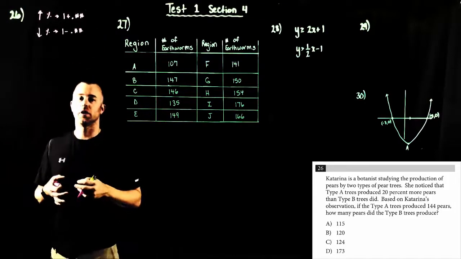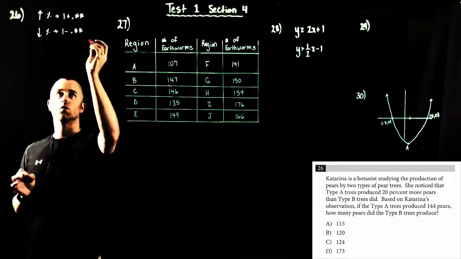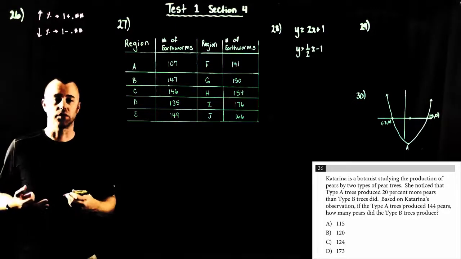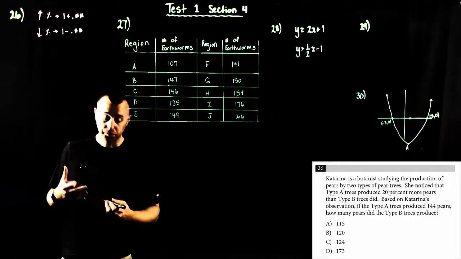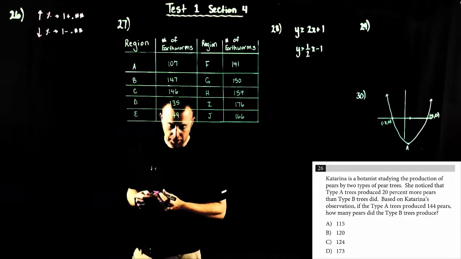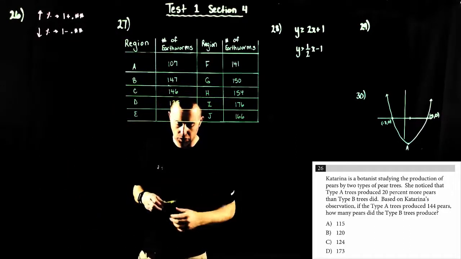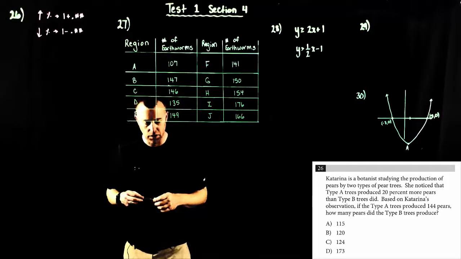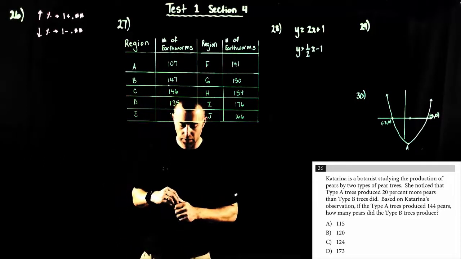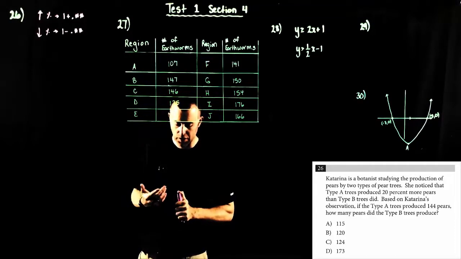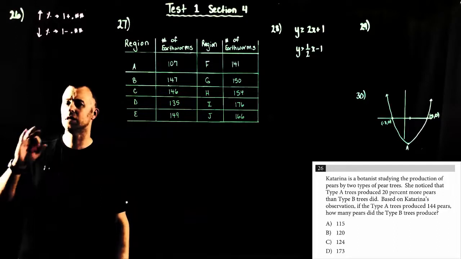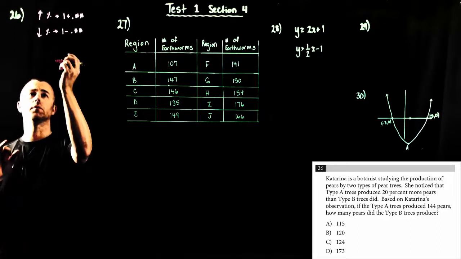Now the other thing you want to make sure you're doing on these is that you are automatically multiplying by that percentage or whatever that number is. So in number 26, we have that phrase used, 20% more. I'll talk about that in a second. But Katerina is a botanist. She's studying the production of pears by two types of pear trees, and she noticed that type A trees produce 20% more. So as soon as I see the phrase 20% more,